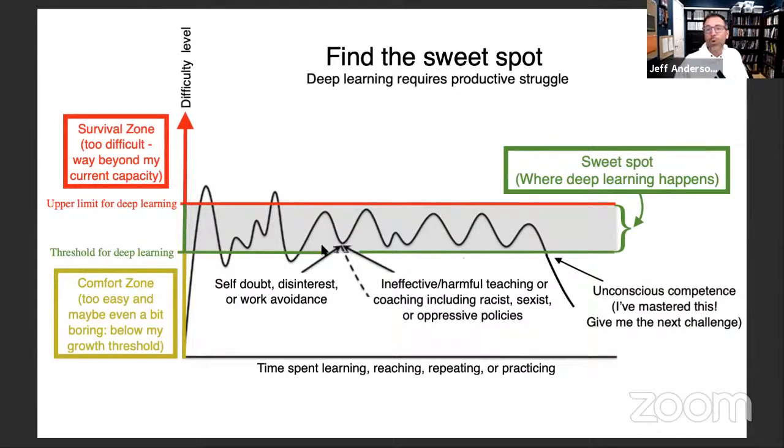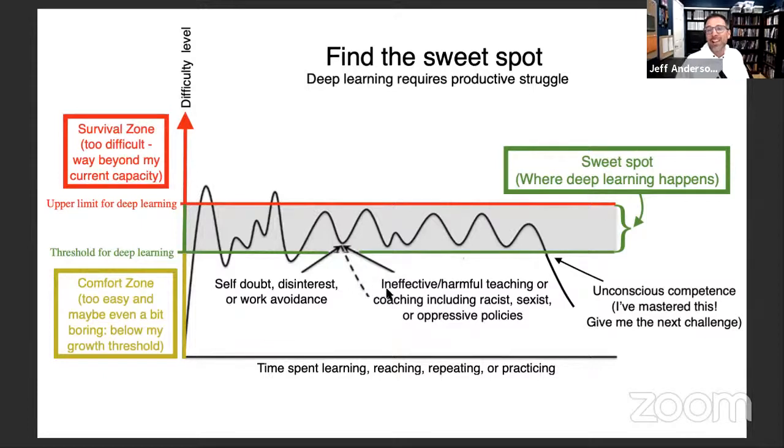So there are times when we're young, when we're trying something really, really hard and we doubt ourselves, right? If you're in the sweet spot, this is really hard, and it requires a lot of energy and a lot of struggle. And there are many times where you might say, this is too hard and I don't feel like doing it. And you drop out of the sweet spot. You put yourself down into the comfort zone. And that might be happening because you doubt yourself, you're not interested in the struggle, or you want to avoid work for some reason. Maybe you're tired, you have other stuff going on in your life, you have bigger problems to solve outside of the learning you're being forced to do, right? So that's one type of reason why we might drop out of our sweet spot.